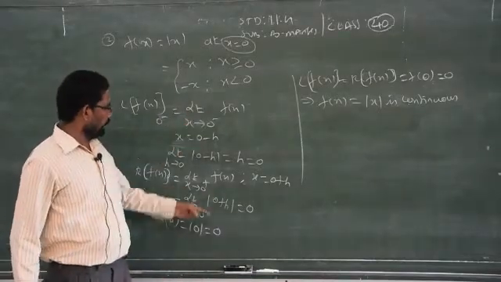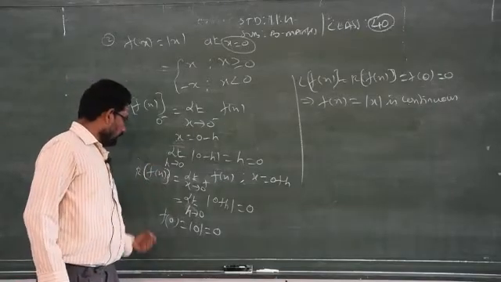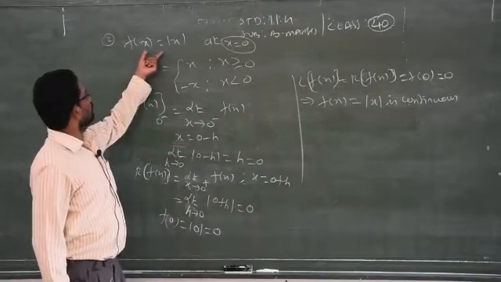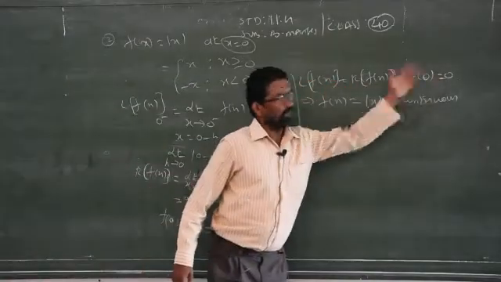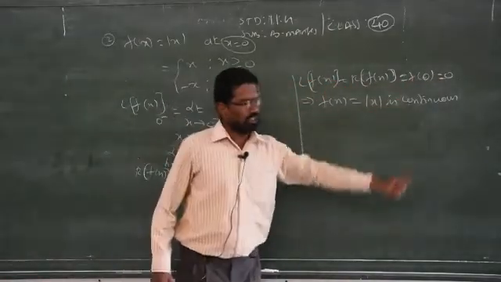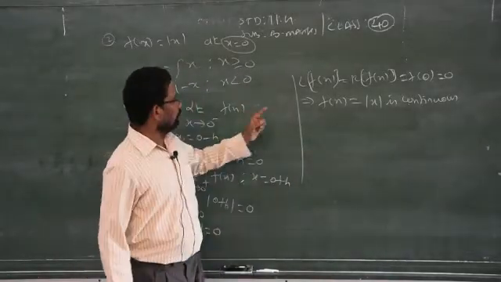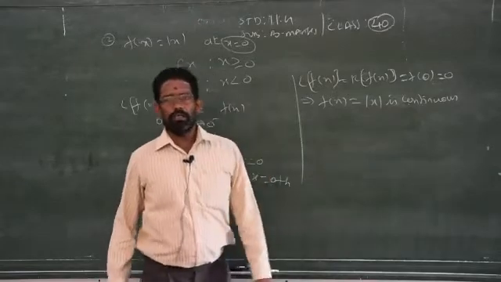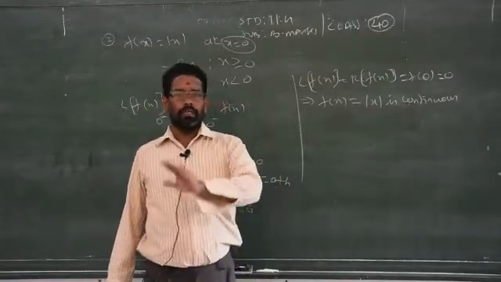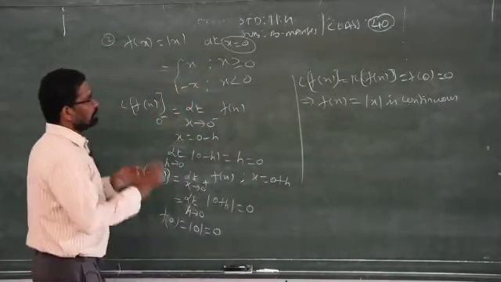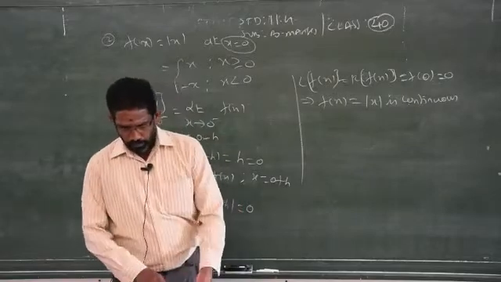When all the three answers, that is left hand limit, right hand limit, and when you replace x in the question, all the three will be equal to 0 like this, then you may say the given function is a continuous function. If any one condition is not satisfied, then you have to write f of x is not a continuous function, but all continuous functions may not be differentiable at the given point. Clear?